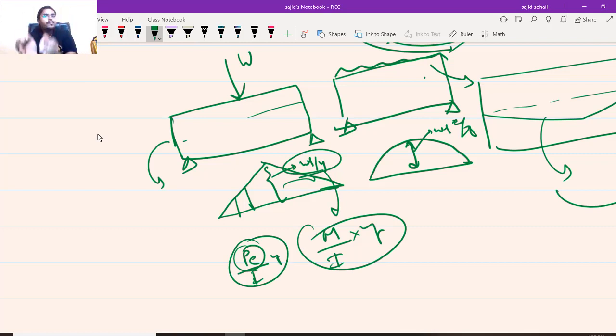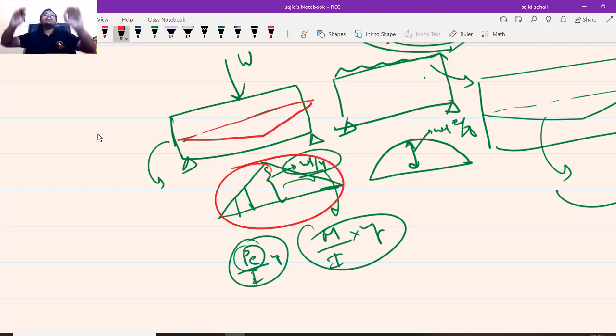So to nullify it, I will give the shape of my tendon exactly the same as that of the bending moment diagram. I hope it is very clear, right? You can clearly see that when the point load is acting, the maximum bending moment is generated at the center. So you are providing maximum eccentricity at the center where it is required the most. At the supports, you don't need any eccentricity because the moment is 0, so I'm not providing any. I hope you're getting the concept. So this is how you have to understand it. Done? Is it understood?